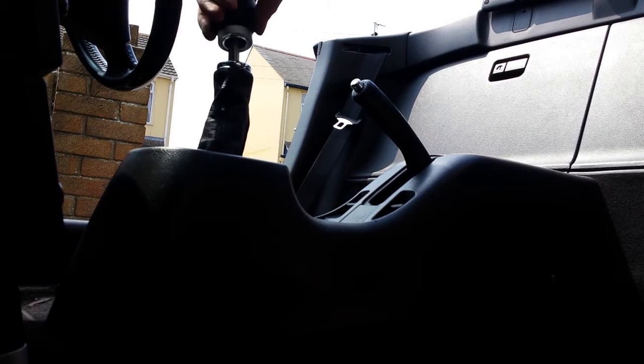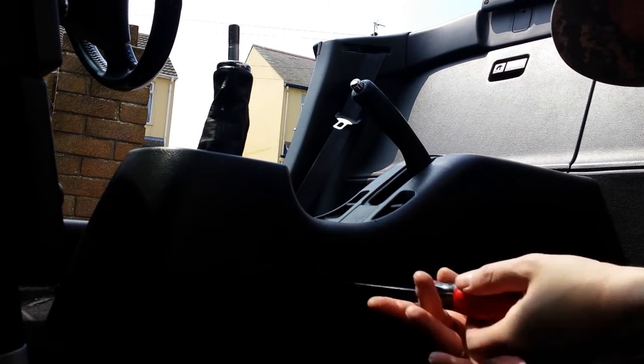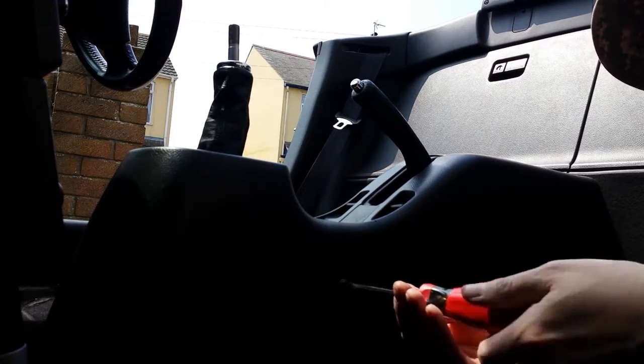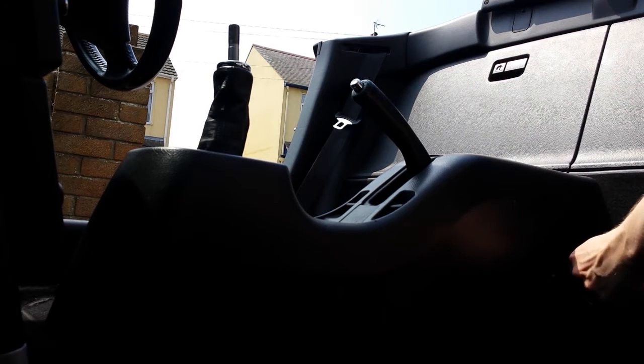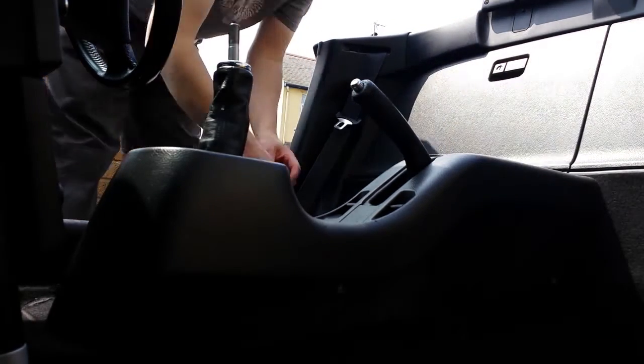So the first thing to do for this mod is just unscrew the gear knob and put that out of the way, and you then need to take out the two small Phillips head screws either side of the center console plastics there, and that is all that is actually holding that center console in place. Once those four screws are out, you'll just be able to lift that straight up. Now